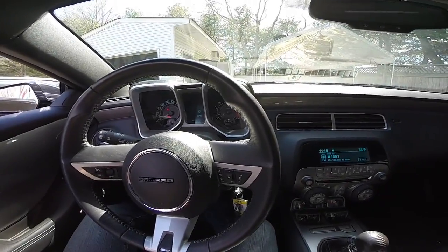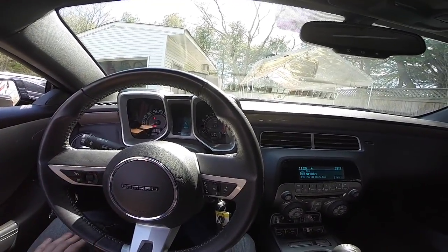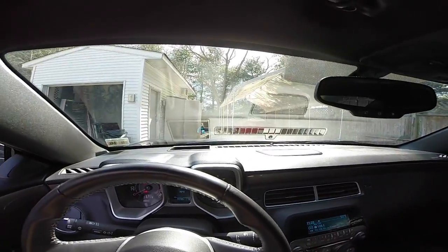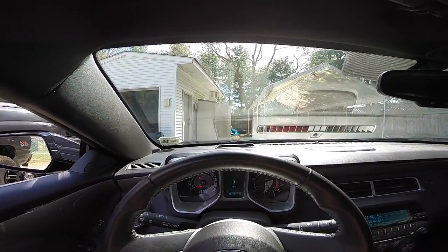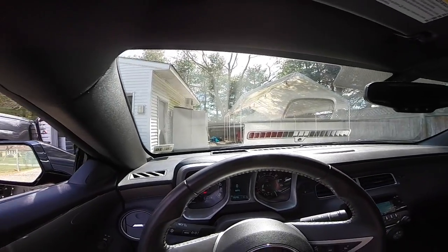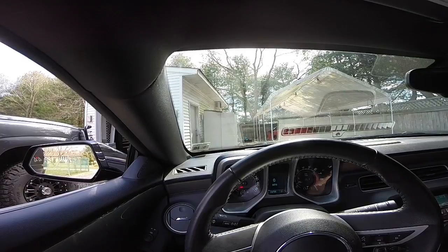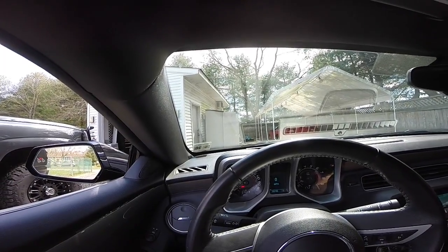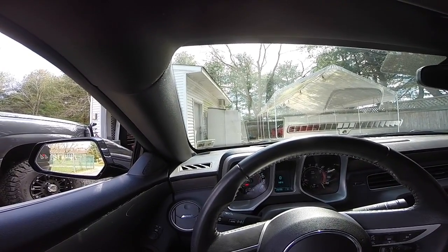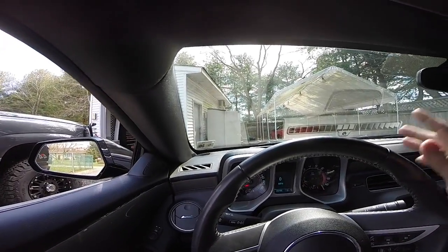Okay, my third, but probably favorite thing about this car, and I don't know if the camera is going to be able to pick it up, is the heads-up display that's in this car. Like I said, I don't know if the camera is going to be able to pick it up, but this is a really, really cool feature on the car. Chevy's had this technology for a while, but they decided to throw it into the Camaro finally. The 4th generation didn't have it. The Corvette used to have it. I believe it still has it. But anyway,